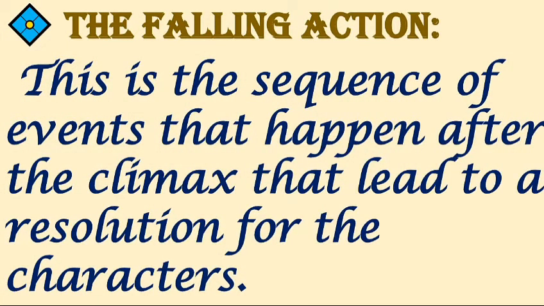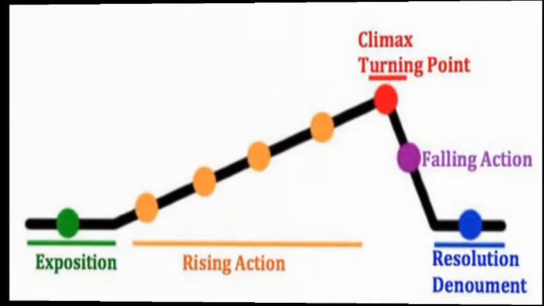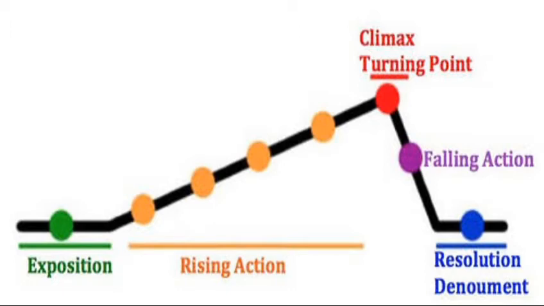Then the falling action. This is the sequence of events that happen after the climax that lead to the resolution for the characters. Immediately after the climax, there's nothing that goes up beyond the climax, because that is the highest point of interest in a literary work. Every other event after the climax is regarded as the falling action, as represented in this